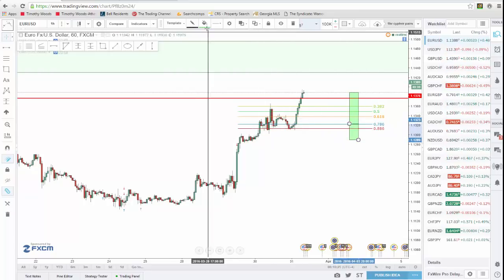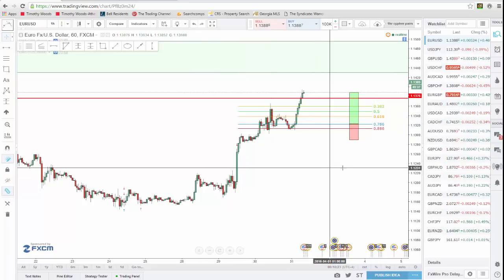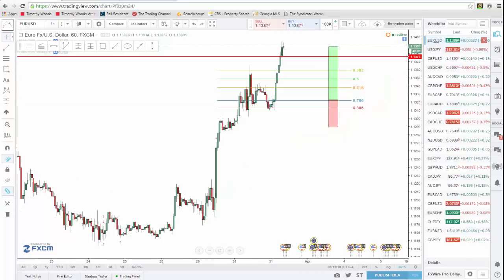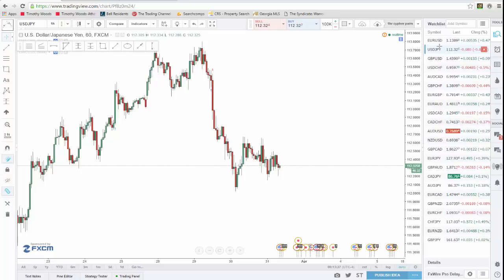It's going to give me a risk reward setup that looks something like this, and that's something I'm more than happy with, considering that I'm trading with the trend on a deep retracement, and I'm using higher time frame analysis to determine that the market could make it to this zone here. So now we'll continue our morning analysis and go down to the dollar yen.